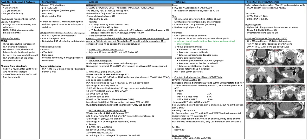The bottom line from RTOG 9601 is that adding bicalutamide to radiation improves freedom from progression, overall survival, cause-specific survival, and distant mets. The next trial, GETUG-AFU 16. This is looking at the role of ADT with salvage radiation. This is pT2 to T4a prostate cancer with a rising PSA of 0.2 to 2 after radical prostatectomy, without evidence